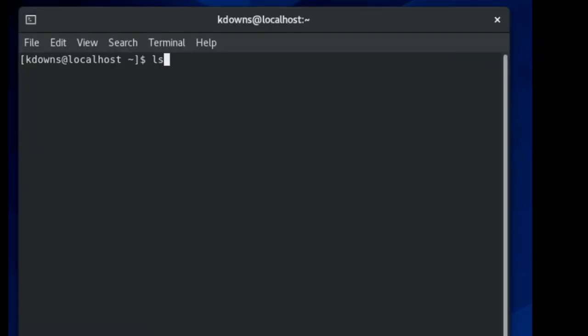So I'm going to do an ls space dash al space /lib /systemd /system